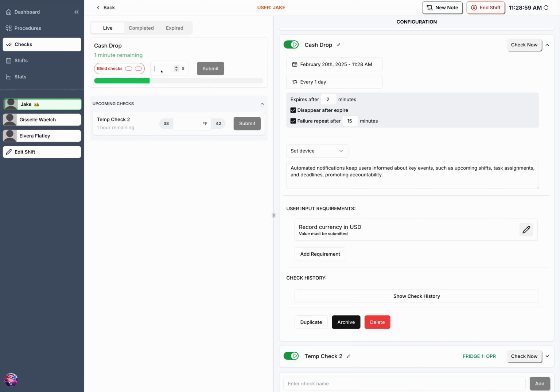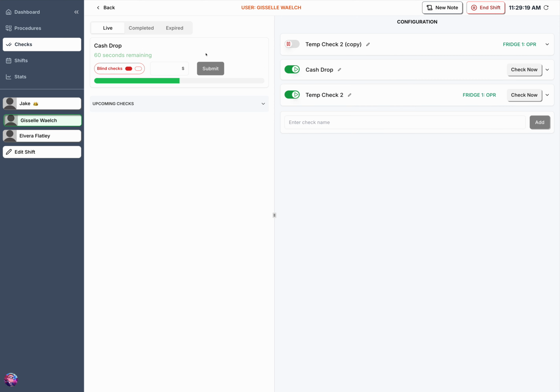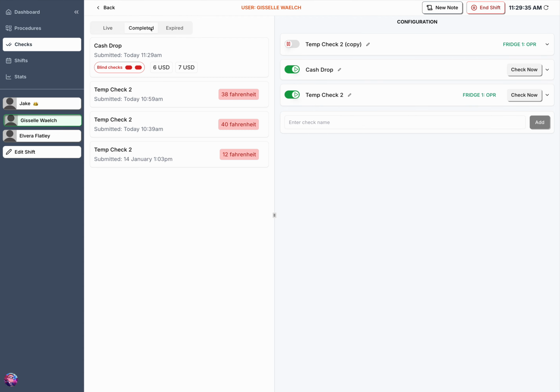So I enter this here. And when I enter this, let's put in 6, right? I click submit. One of the checks has been completed. We now need to switch to another person. Actually, normally a person would be using a different device. So let's flip that over so that the second person can't see. So it's a different person. They can't see what the previous thing entered was. If Giselle here puts in 7 and clicks submit, it submits the check, but we'll see